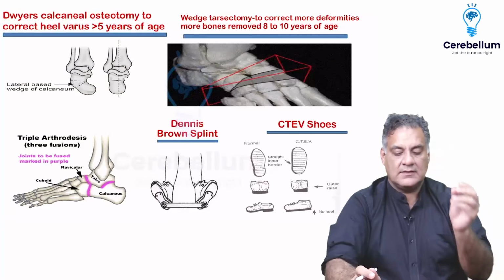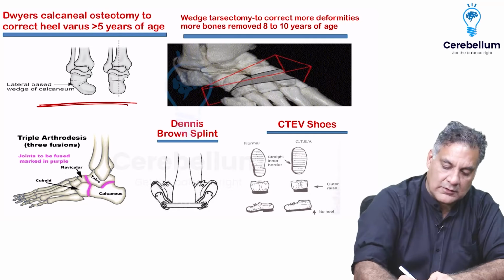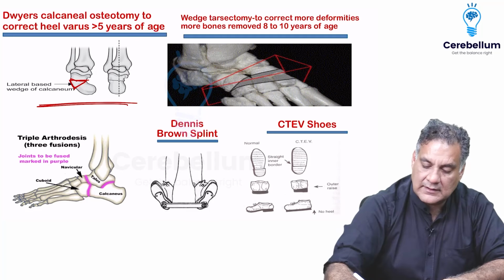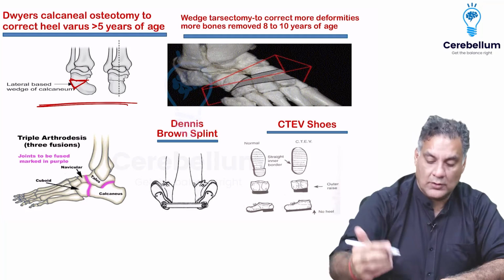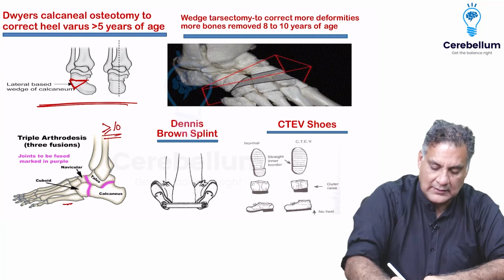Beyond 5 years, you have to correct the heel independently. So again, the same thing, more on the lateral side, less on the medial side. All the varus deformities are corrected the same. If you go beyond 8 years, then you take out a multiple tarsal bones wedge. Or if it is 10 years or more, you will fuse the joints, that is